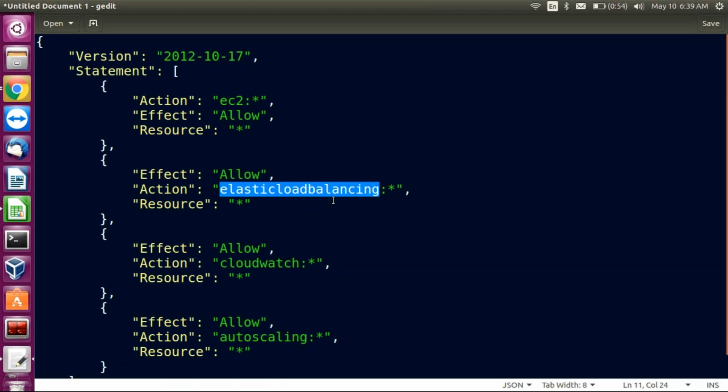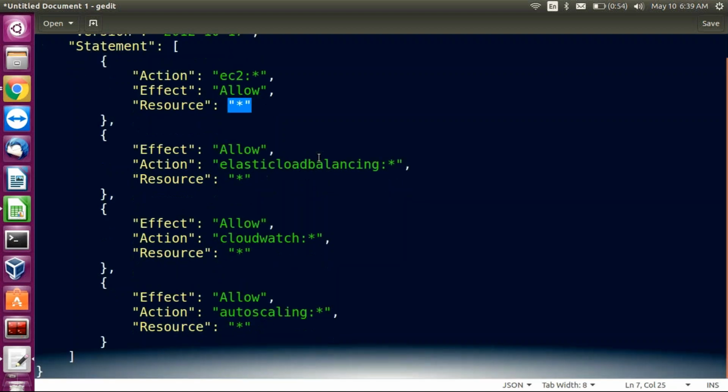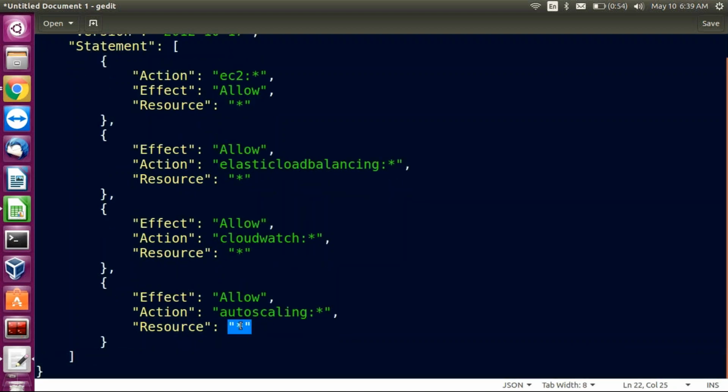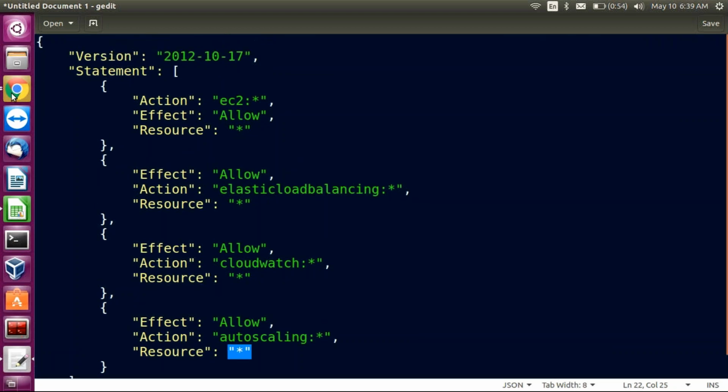I'm allowing elastic load balancing process. You can also define resources if you want only one server or two servers, and the auto scaling. If you check here,